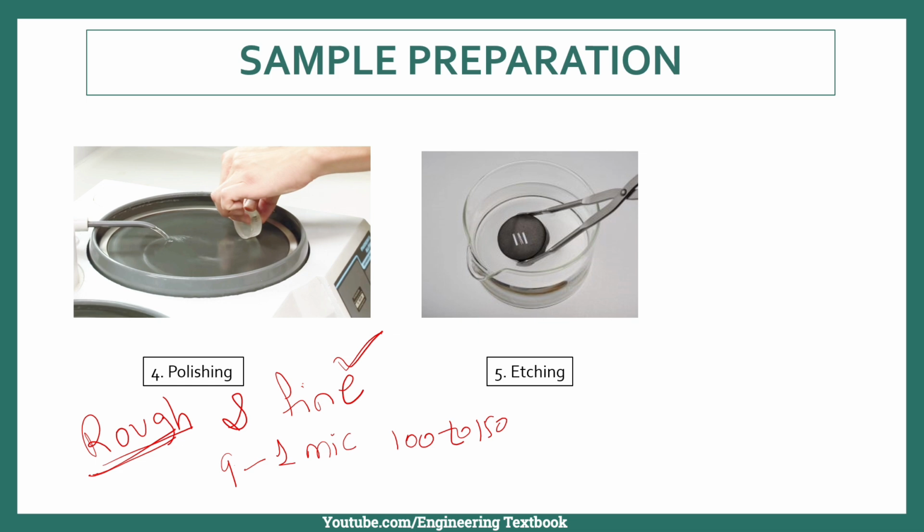In the etching process, the etchant is taken in a glass container. This liquid is known as the etchant. The specimen is dipped into the etchant by means of tongs. This instrument is known as tongs. During etching, the original bright surface becomes dull. So here we see the white or transparent surface, and in this image we see the black or dull surface. This is the purpose of etching.